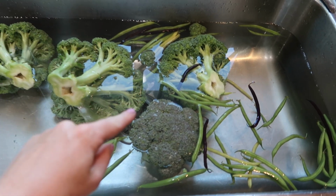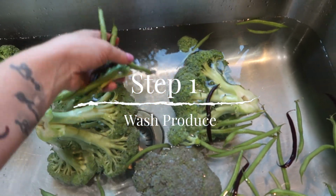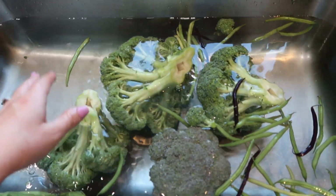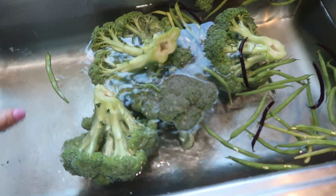This is what I harvested from the garden today. 4 heads of broccoli and a couple of my trilogy beans here. These are green beans, wax beans, and purple beans. I'm gonna show you guys what I'm doing with these in a second, but right now I'm just soaking these in salt water, just like I showed you guys in a recent video, just to make sure that all of the bugs are coming out. These have been soaking for a little bit, and then